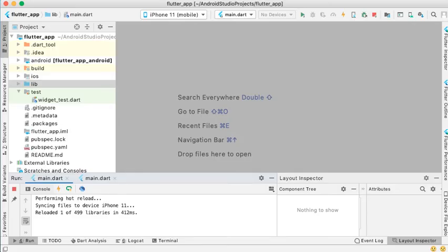In this vlog, we will see how to make a simple dashboard in Flutter. In our previous vlog, we have seen how to install Flutter onto your system and how to configure the SDK in your Android Studio. I am using Android Studio for making these Flutter apps.